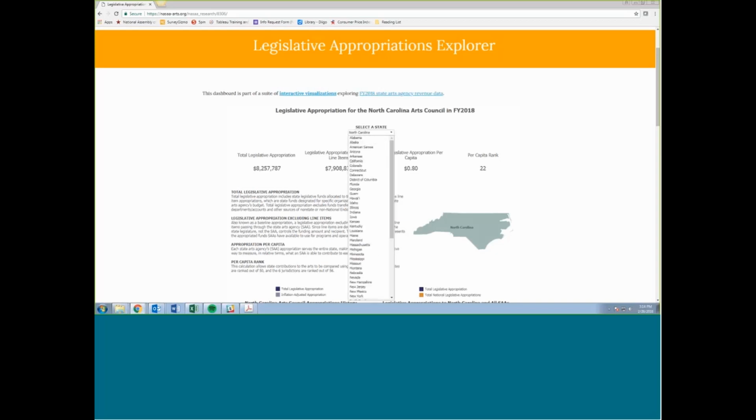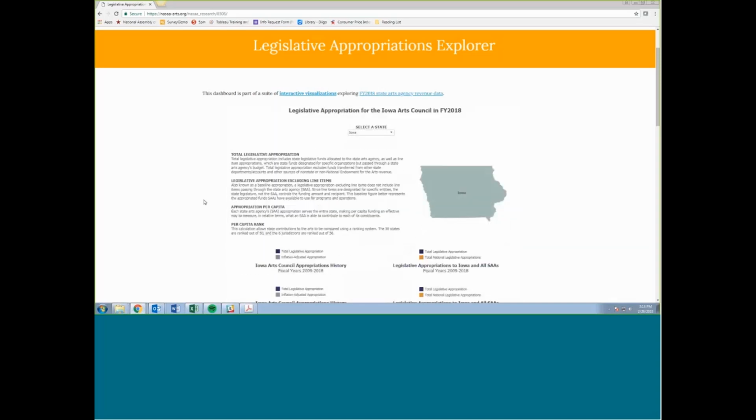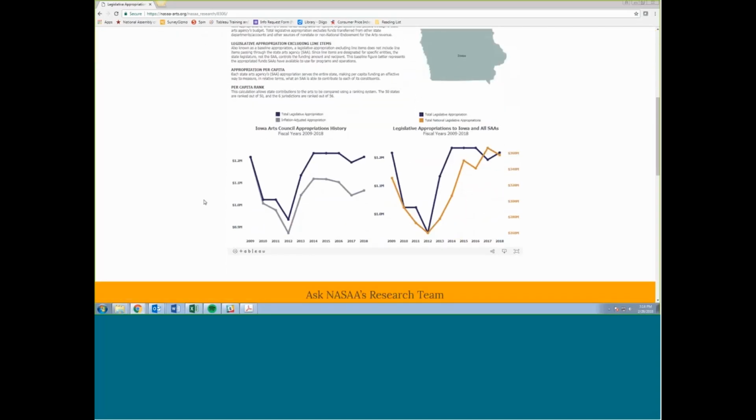Then I'll select Iowa. So while the top section can answer questions you may have about FY2018 appropriations, this bottom section can answer questions like, how have my state's appropriations trended over time, or how do they compare to the nation? These charts offer a lot more information than what we share in our annual report. So the first chart on the left